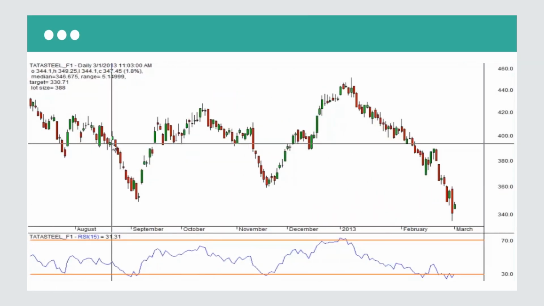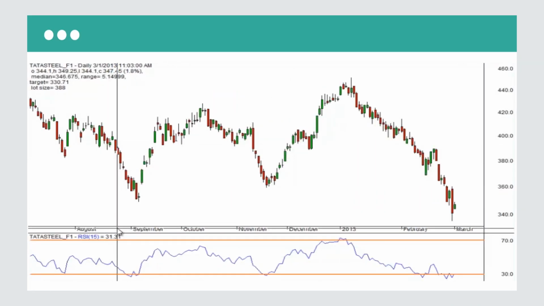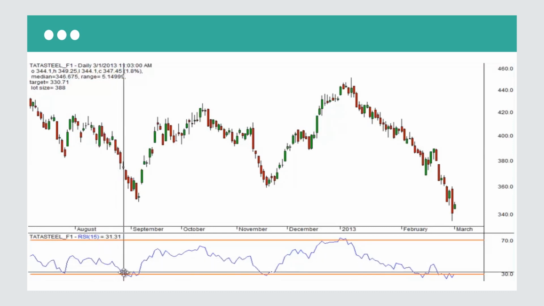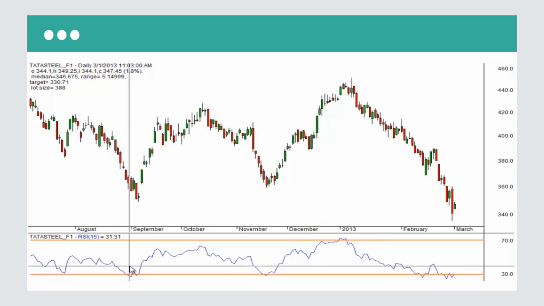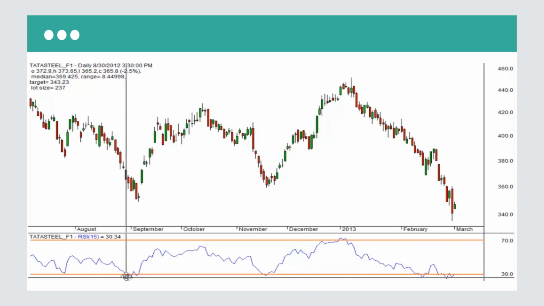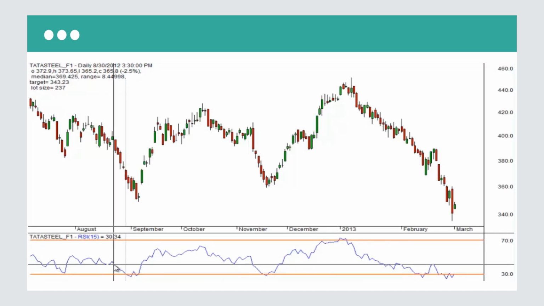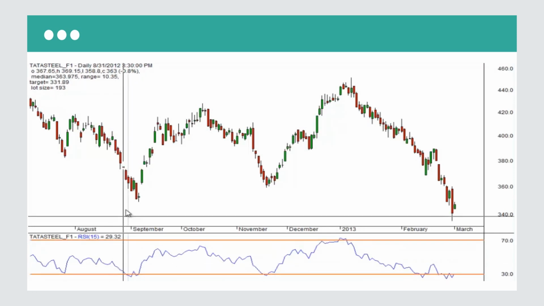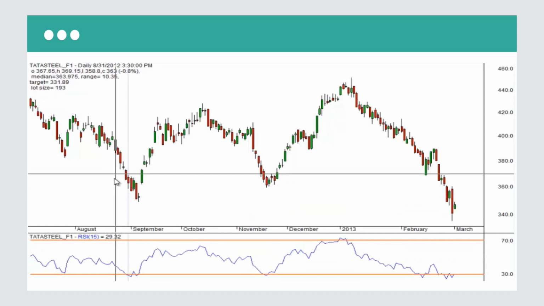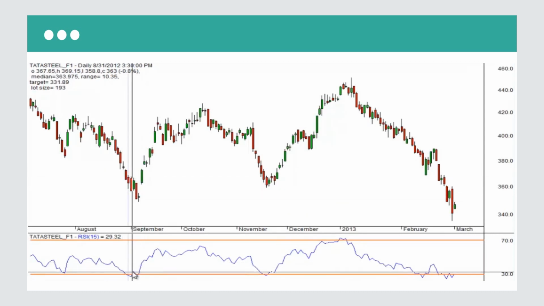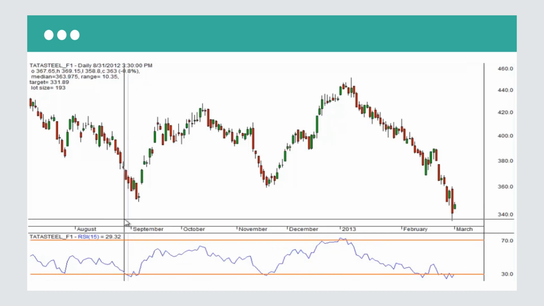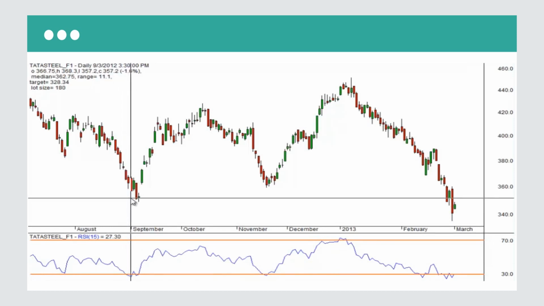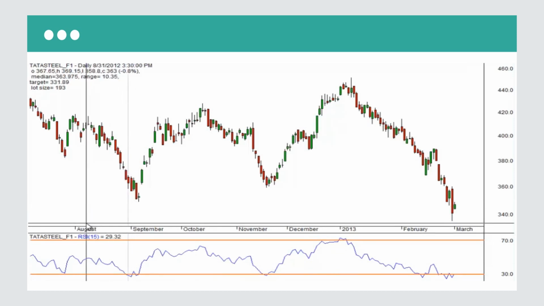So this is Tata Steel. All you have to do is see whether the RSI has touched the orange line or not. Here, obviously, you can see that it has. You can actually click and you can see that 30, next bar you went is 29. Now let's focus on this area here. As soon as we touch 30, we are in buy mode. We want to find a way to buy. So this is the bar when the RSI touches the 30 point.